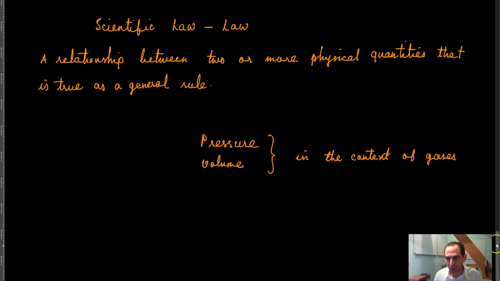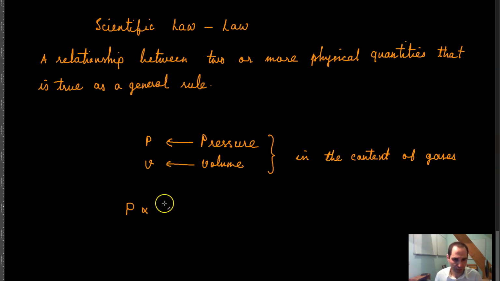Now, scientific laws usually are expressed in mathematical terms. For example, if you denote pressure by P and volume by V, because I know that there is an inverse relationship between these two physical quantities, I can say that